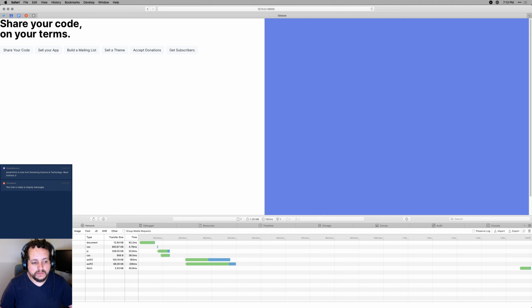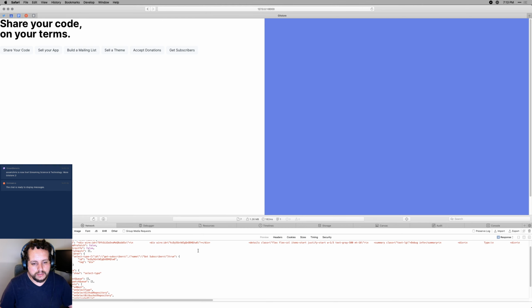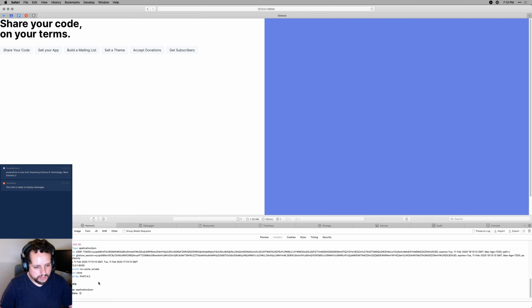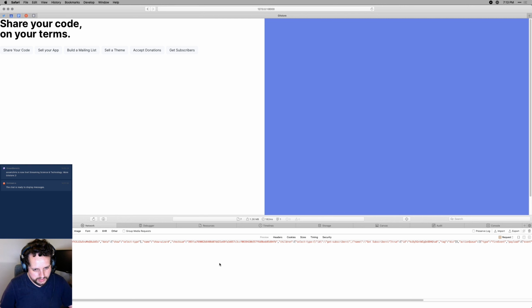It is emitting an event, which is cool. Like if I look at these headers and the form request data, we should see here fire event payload on select type. So that selects the current type, and then